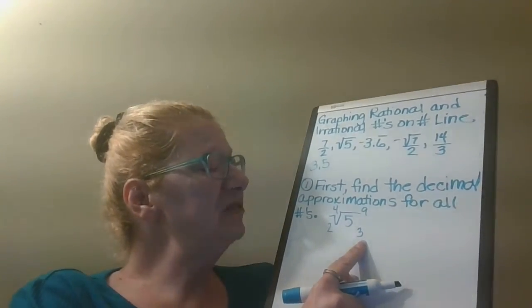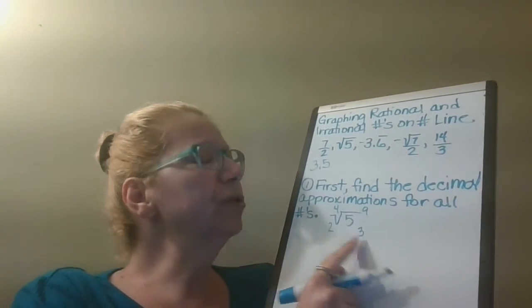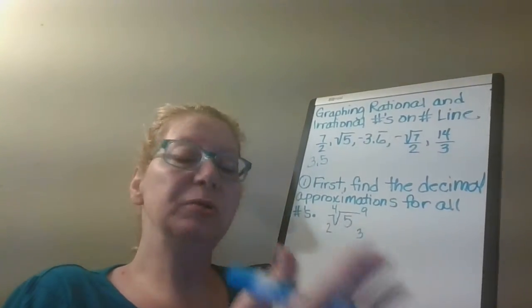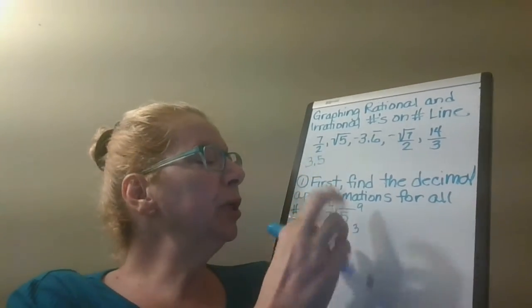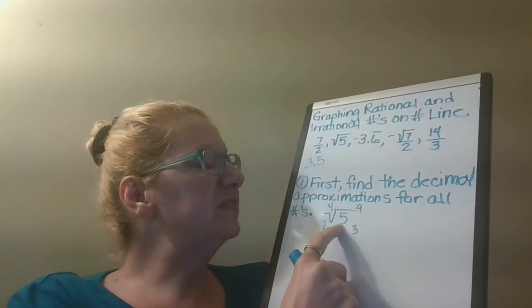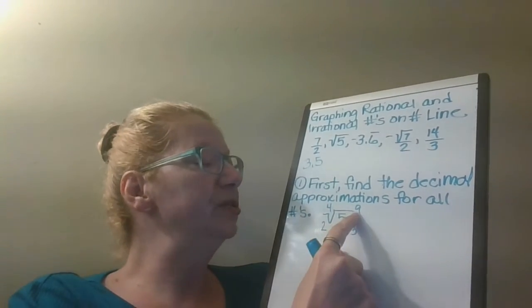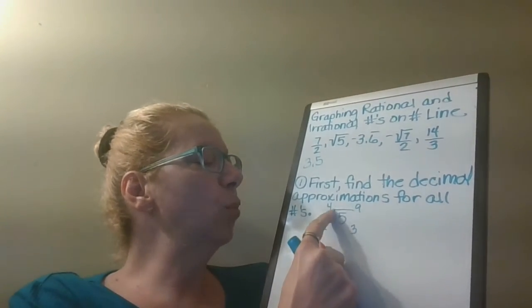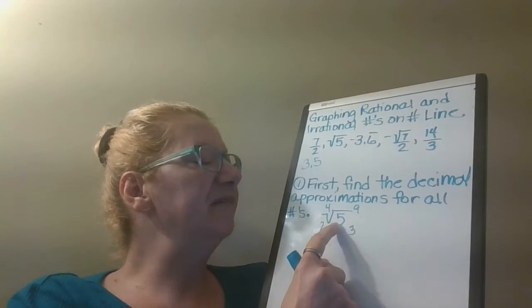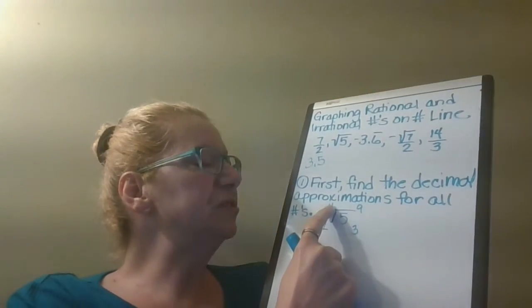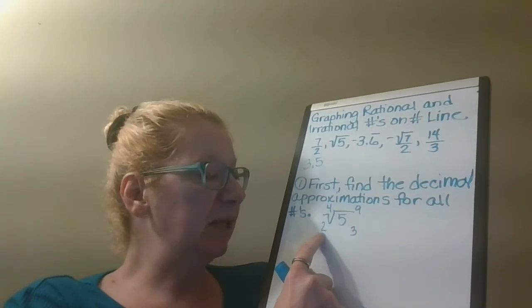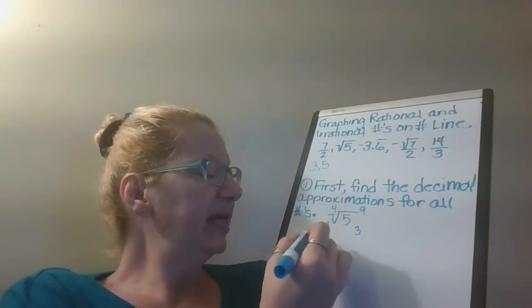And we have to determine, in order to not have to do all of the multiplication, 2.1, 2.2, 2.3, 2.4, we're going to look and say, is 5 closer to 4 or is 5 closer to 9? Well, we know there's 1 unit difference between 4 and 5 and 4 units difference between 5 and 9. So I know I'm closer to the 4, which means my answer is going to be closer to 2. So let's try